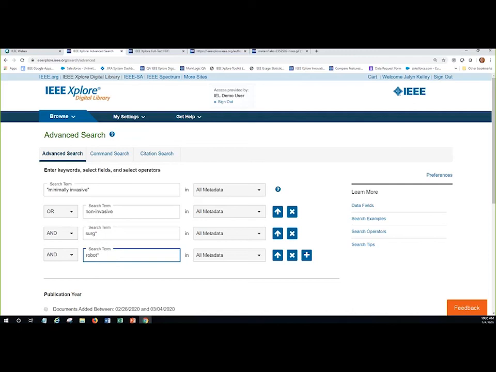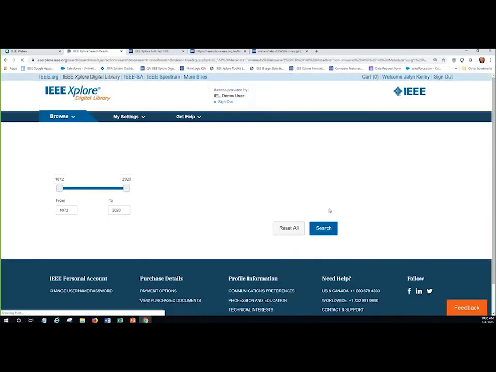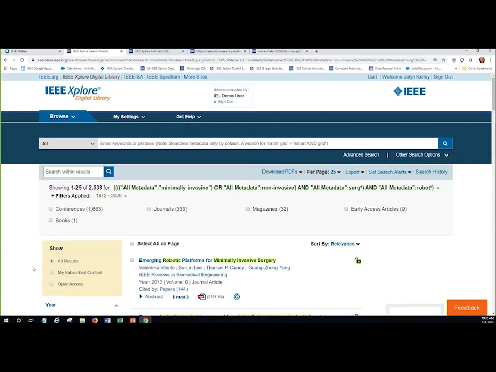And one last thing to note on this page is what we call order of precedence, and that's top to bottom. So the search engine is going to process your request by doing what you put in the first box first, then the operator in the second box, then the operator in the third box, and so on. So if you're familiar with the concept of nesting, how to place your search terms and operators within parentheses to designate the order in which they're processed, it's literally nesting your search from top to bottom.